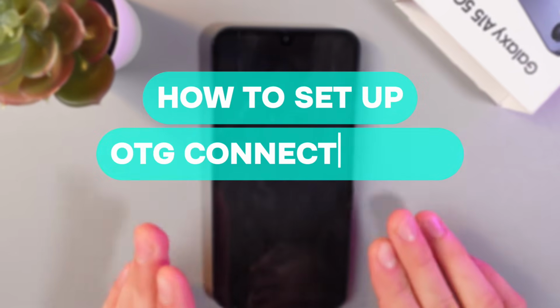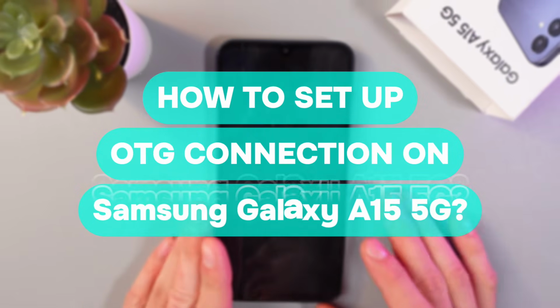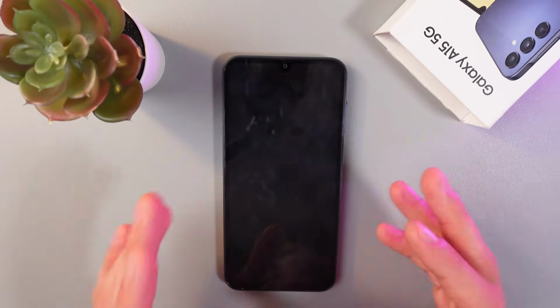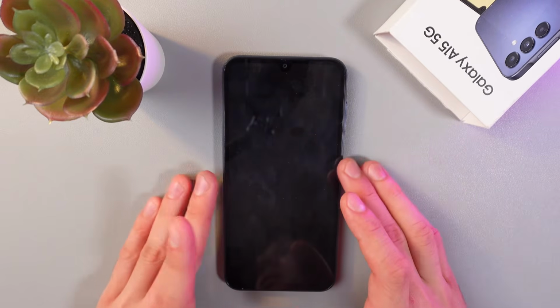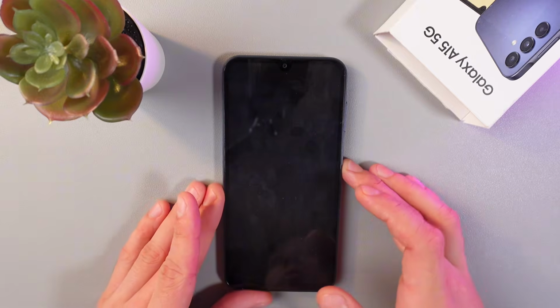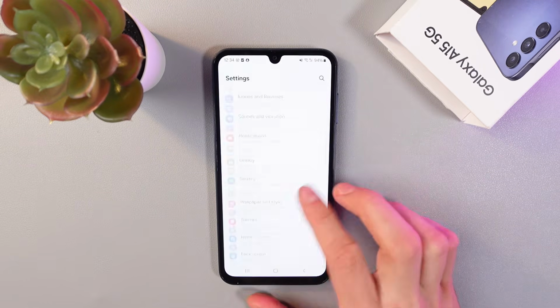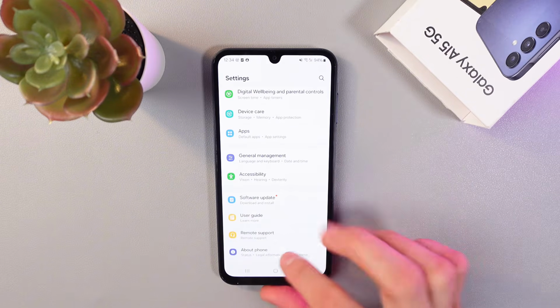Hello everyone, and today I'll show you how to set up OTG (On-The-Go) connectivity on your Samsung Galaxy A15 5G. This can be useful if you want to connect a USB flash drive or another USB device to your phone's Type-C port. So in order to do that, open up your settings, scroll down to your About Phone section,